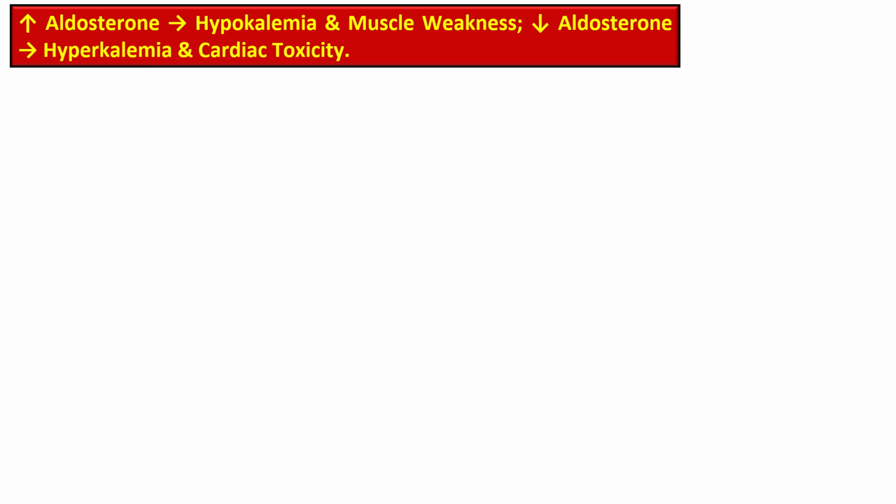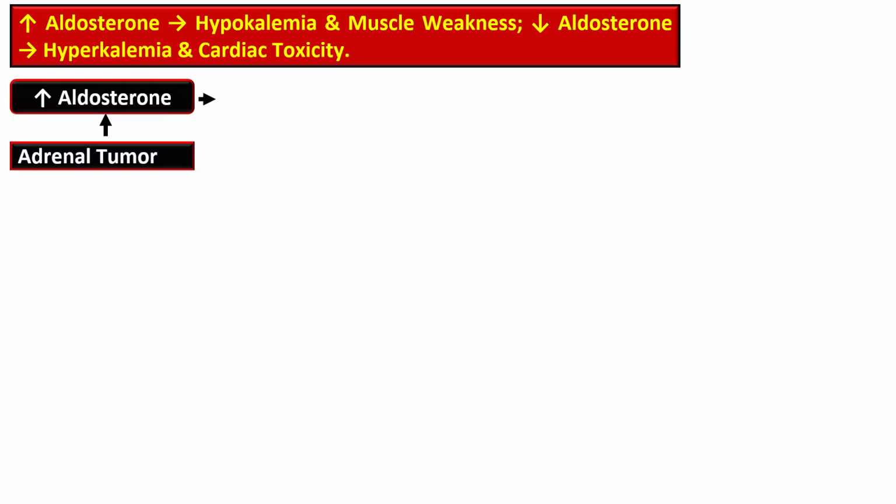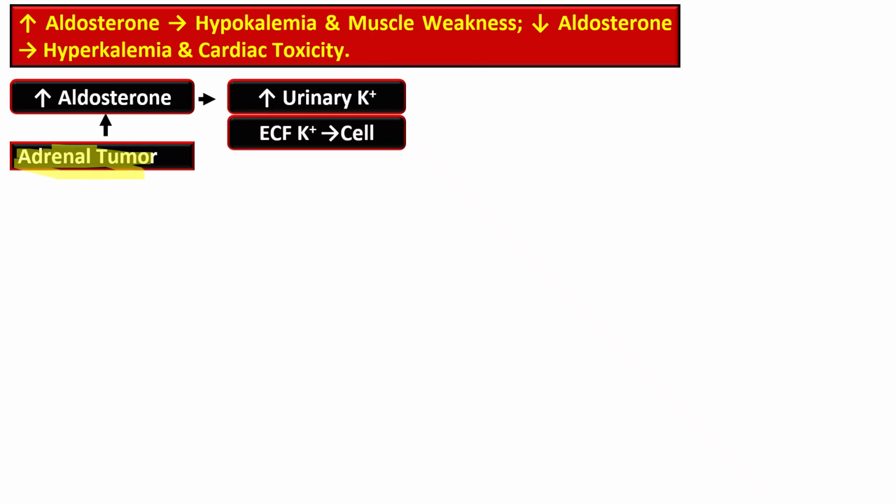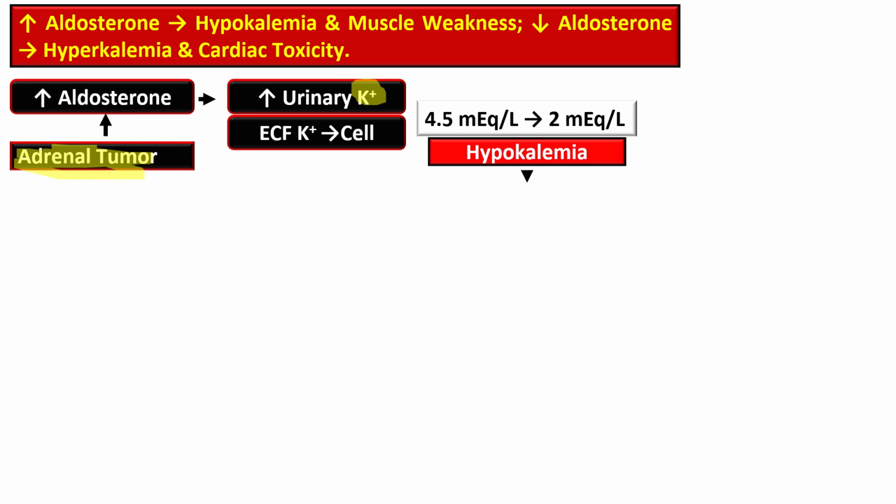Now, how this aldosterone affects the potassium homeostasis. So the normal function of aldosterone is to promote renal excretion of the potassium and maintain extracellular fluid potassium concentration, and it preserves muscle and cardiac electrical stability. When there is excess aldosterone hormone, for example due to some adrenal tumor, there will be increased urinary potassium loss,